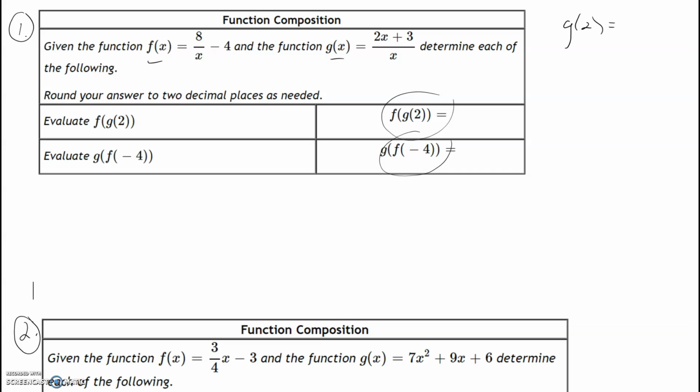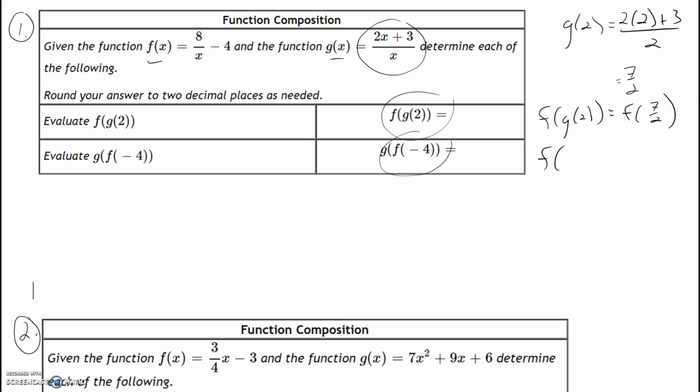All right, so g of 2 would be 2 times 2 plus 3 over 2. That means I'm plugging in a 2 into my function g, right? So g of 2 would be 4 plus 3 is 7. So I get 7 halves, okay? So now f of g of 2 is f of 7 halves, because g of 2 is 7 halves. So f of 7 halves is